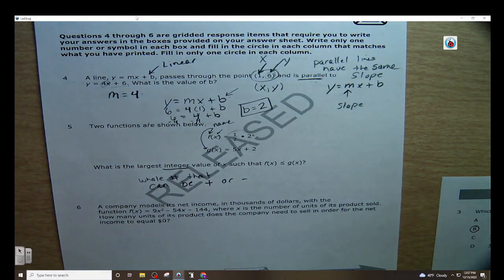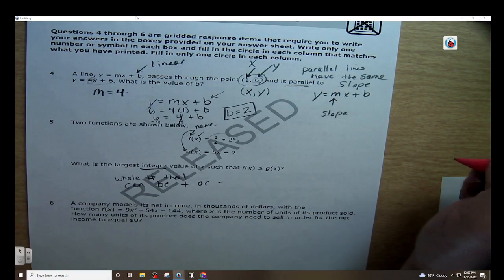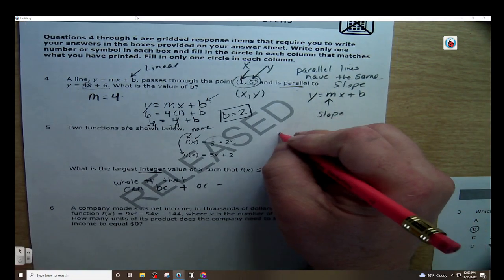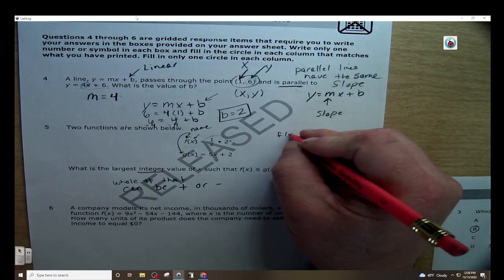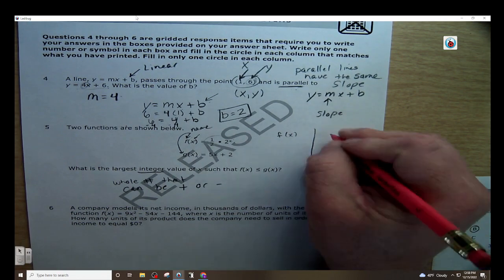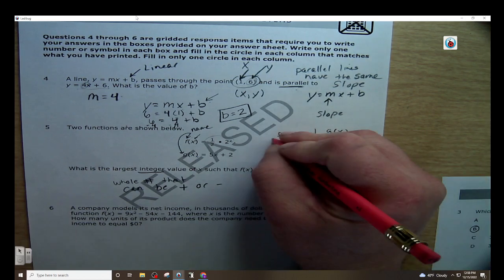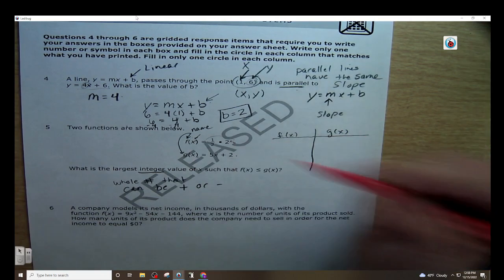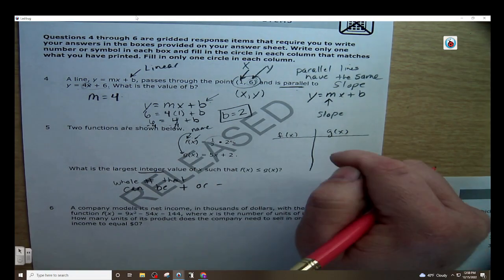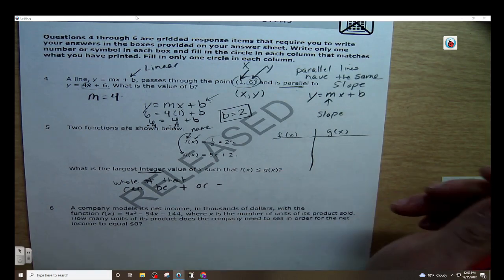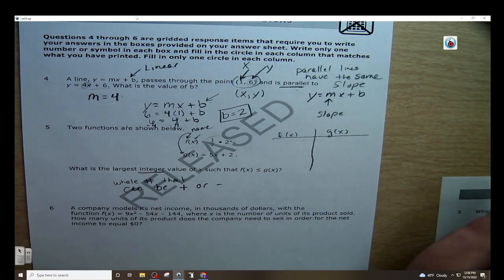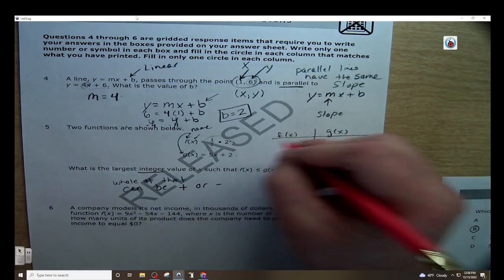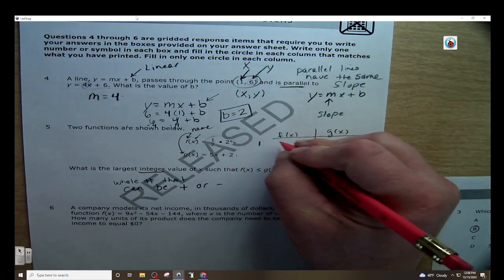Okay? So now, this is what I would do. I would start me a table. This is f of x, and this is g of x. Now, guys, remember, this is this function. That is this function. So now, I'm going to choose x values to plug in. I'm going to start with 1 and just work my way up. So if I got an x value of 1, when I plug it in